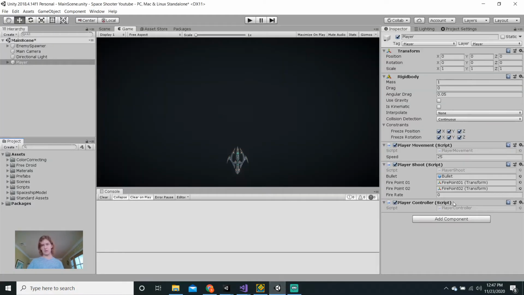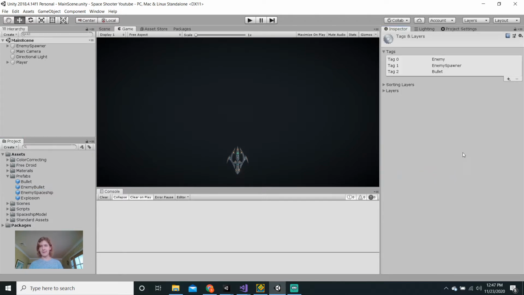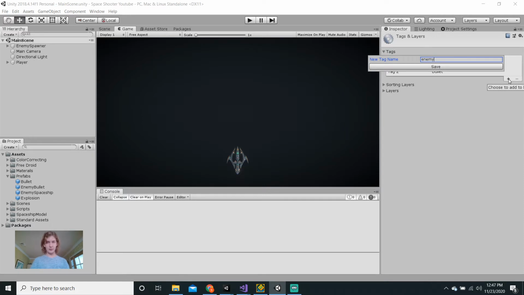Okay, first of all, before we actually go into this script, I'm going to open our prefabs folder and select the enemy bullet. And I'm just going to add a new tag to it. So I'm just going to click on the drop down next to tag. Then I'm just going to press add tag. Then this little plus sign right here. And I'm just going to call this,